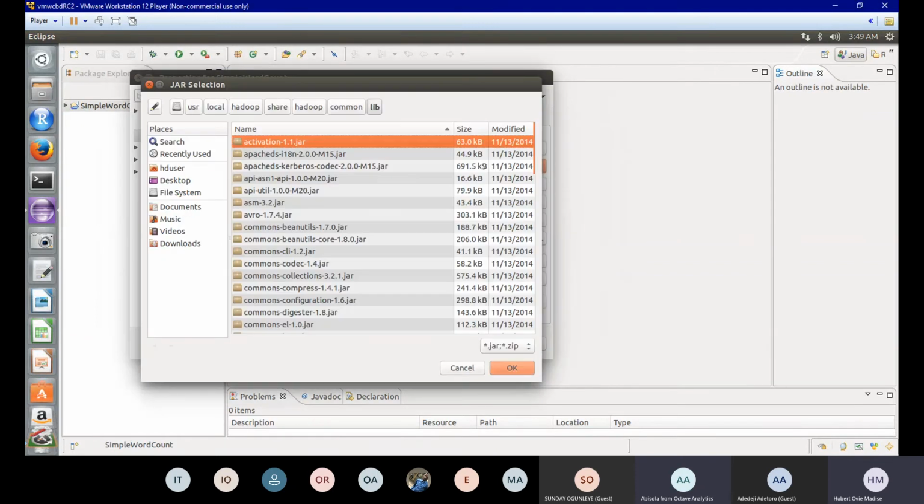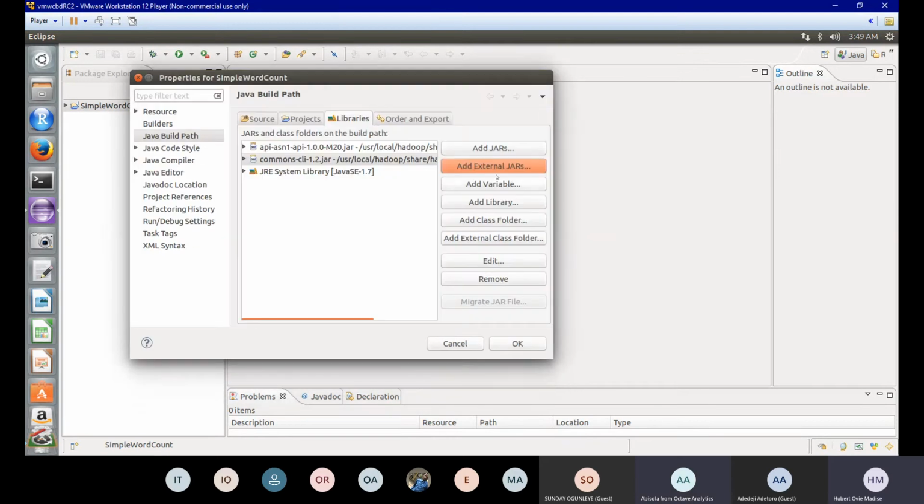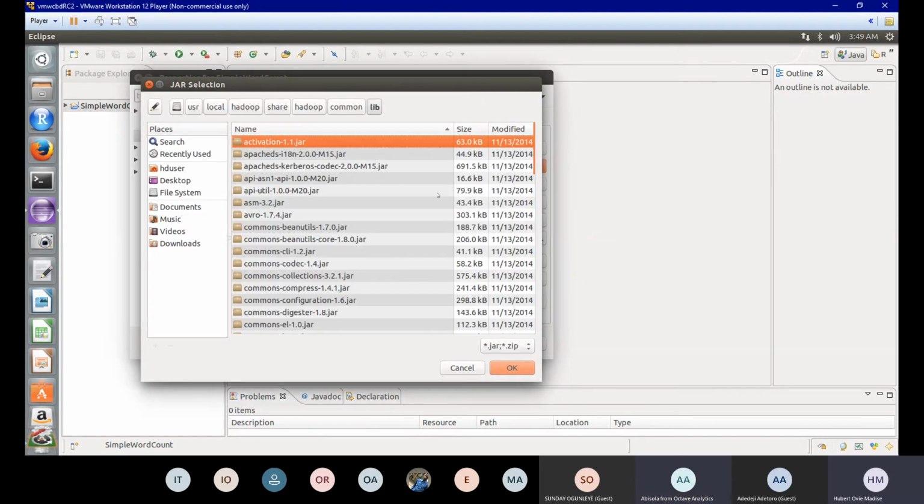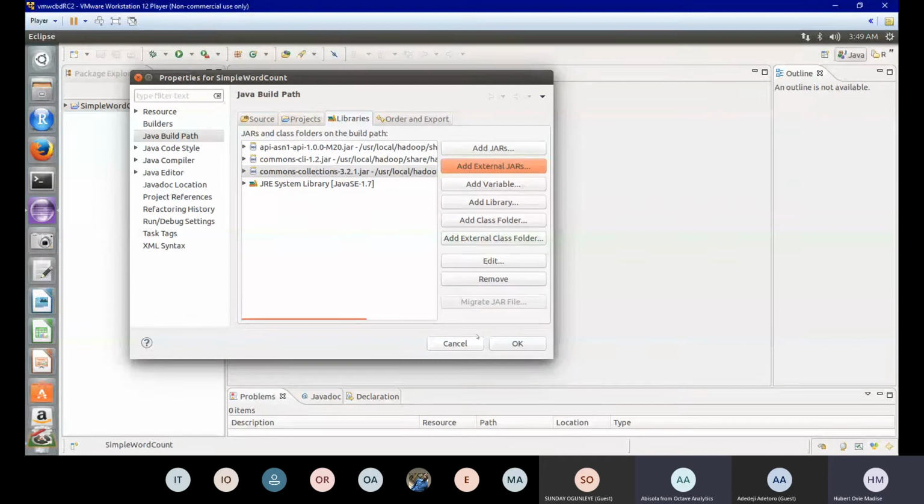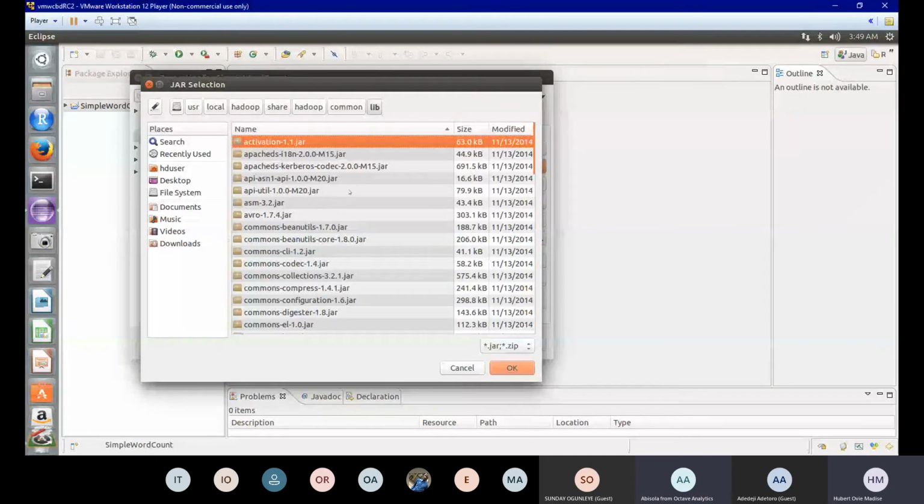Add external jars. Oh, sweet. Yes. So the next one should be commons CLI. Okay, this guy. Yeah. And then commons collections. This guy, yeah. Please, everyone, just try to follow along. Even if we can't do everything today, just try to follow along, please. So in commons, what happened? You have one remaining in that same folder.